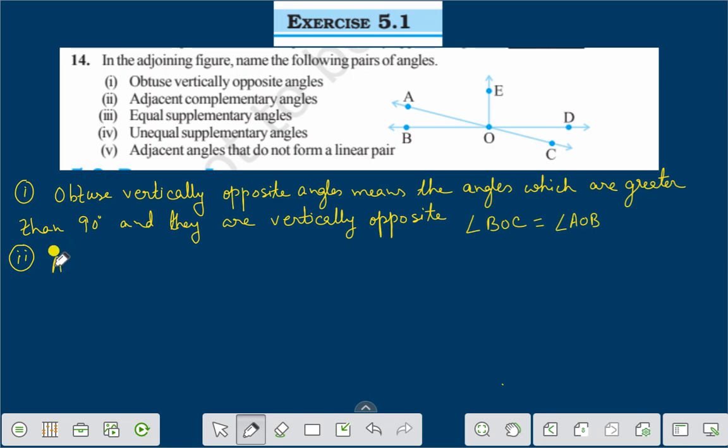Adjacent complementary angles means that the angles have